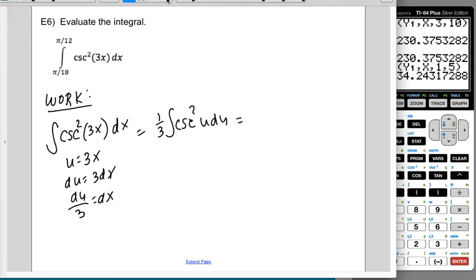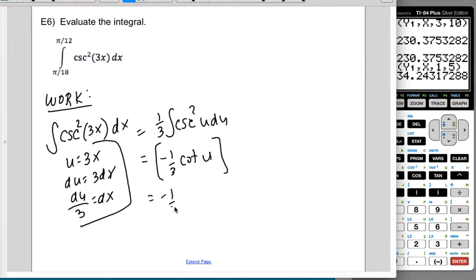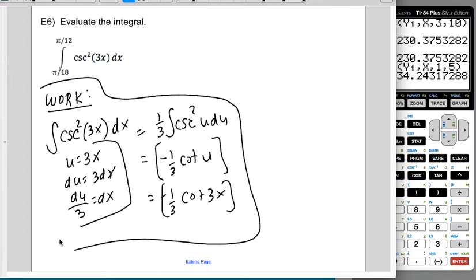So I get, here, wait, let me buy myself a little bit more space. I get that this is a negative 1/3 cotangent u, right? Which would be a negative 1/3 cotangent of 3x. So now, having done my work completely and totally separately, I come up here and say, oh, cool, this is a negative 1/3 cotangent of 3x evaluated from pi over 18 to